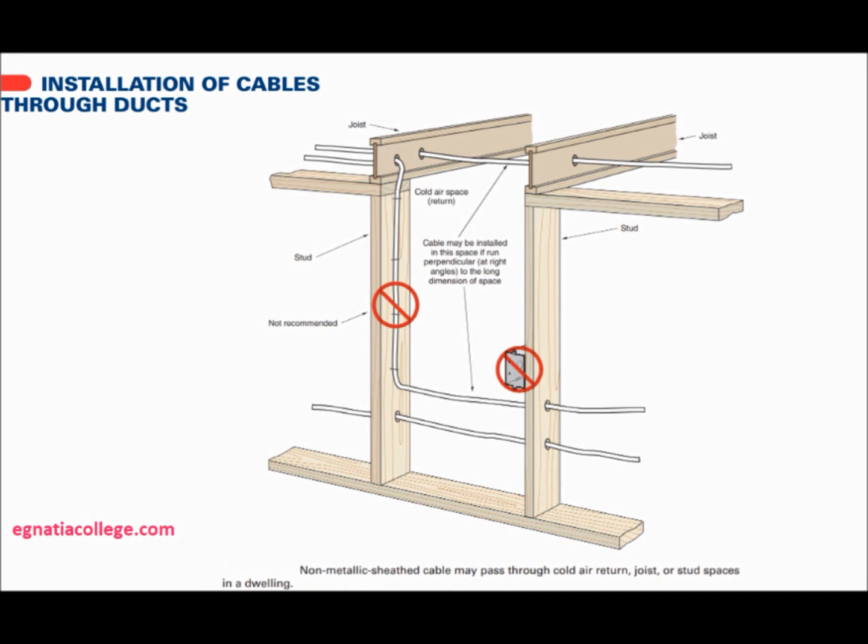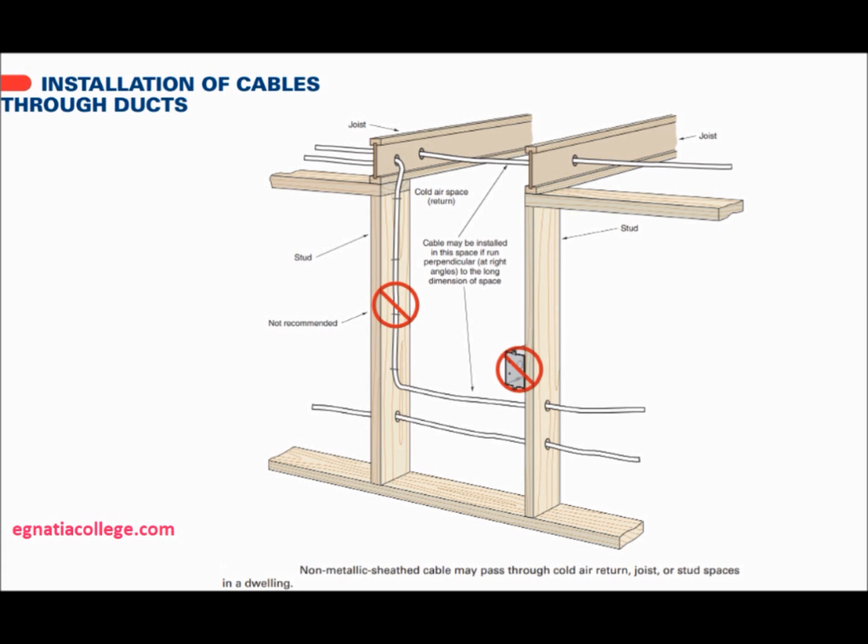Rule 2-128 is strict about what types of wiring methods are permitted for installing cables through ducts or plenum chambers. These stringent rules are for fire safety. The CEC permits type NMD90 cable to be run board installed in joist and stud spaces, for example, cold air returns, in dwellings. It recommends that type NMD90 pass through such spaces only if the cable is run perpendicular to its